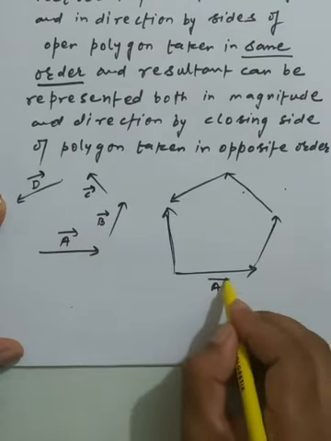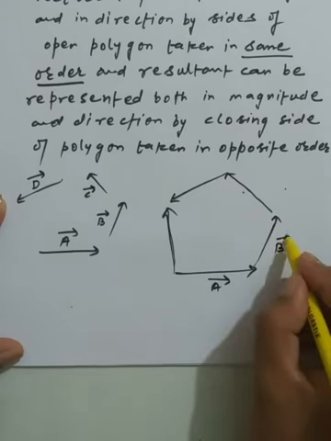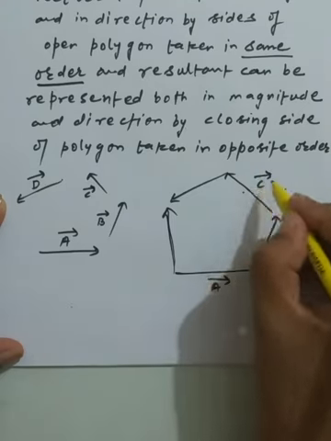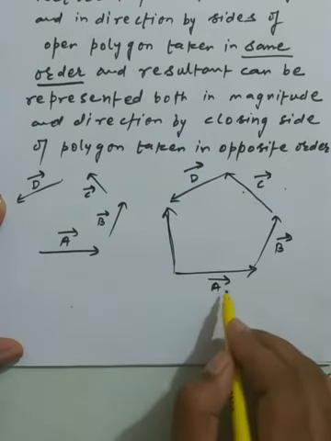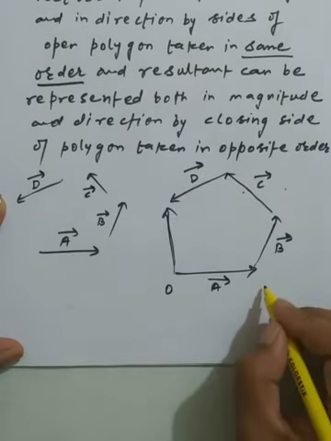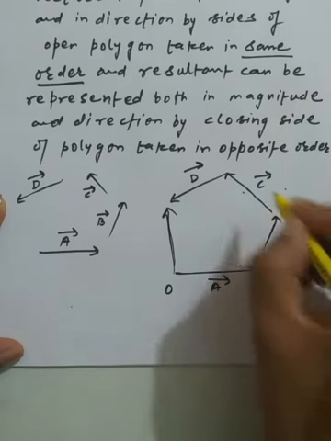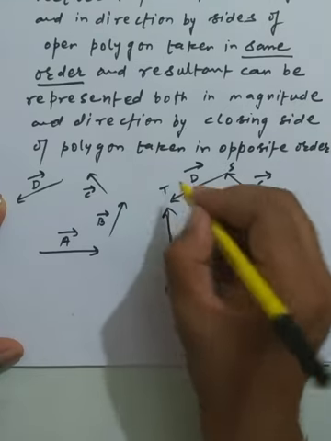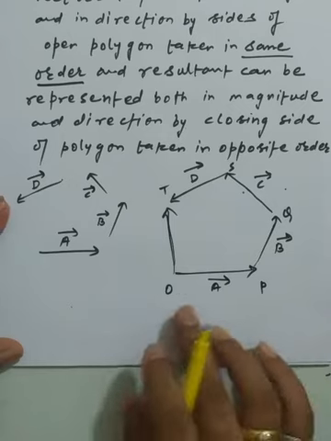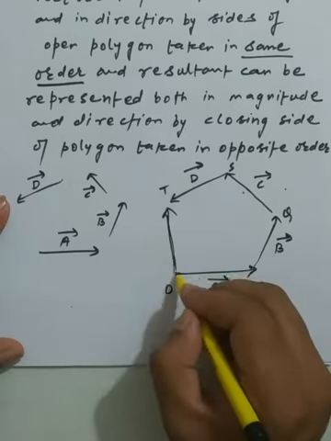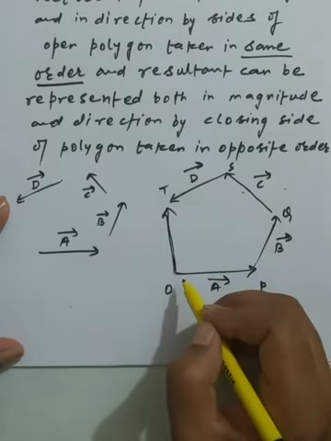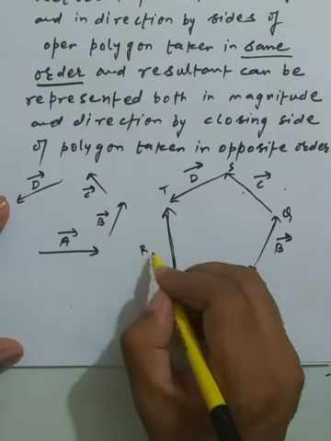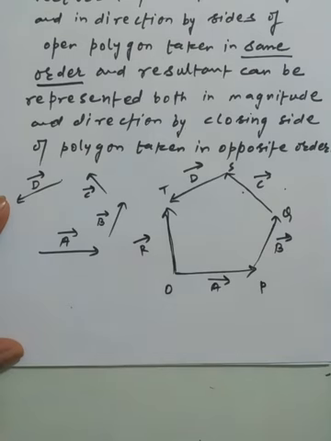So I am just taking the vector A, vector B, vector C, and the vector D. And as we know, all the sides are represented in the same order, that means O, P, Q, S and T, but if we are getting the resultant as the addition of vectors, the last side will be in the opposite order. So this will give the final meaning of the resultant. This is simply the meaning we have.